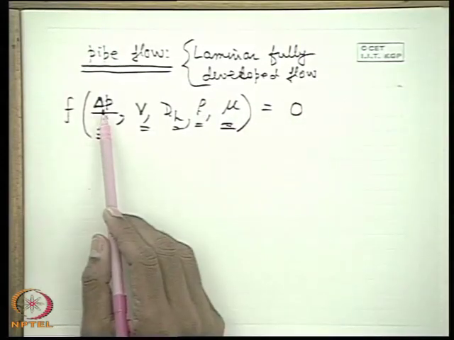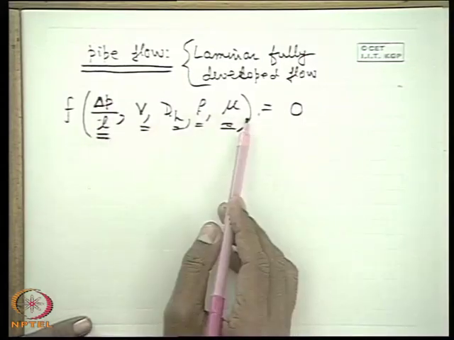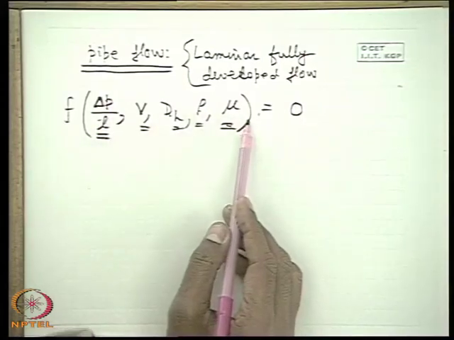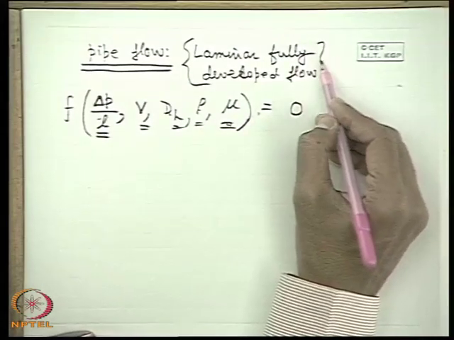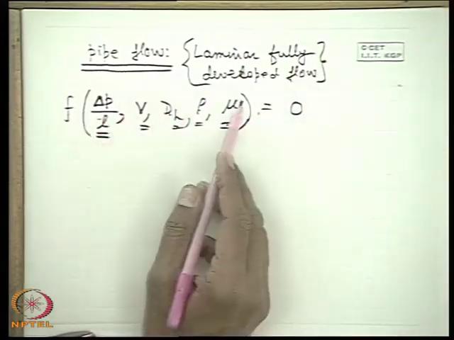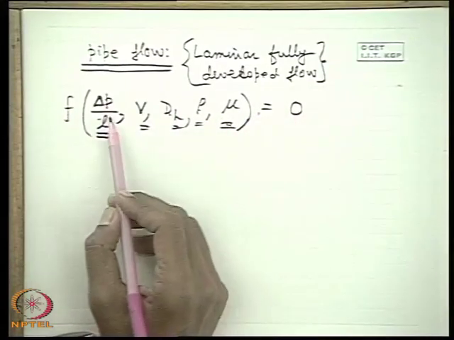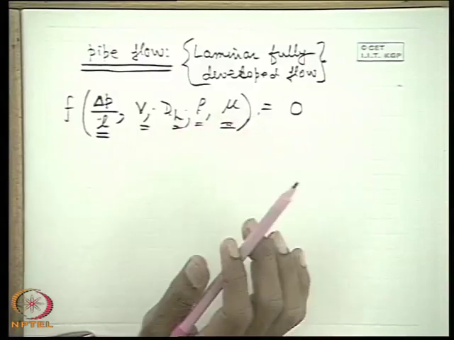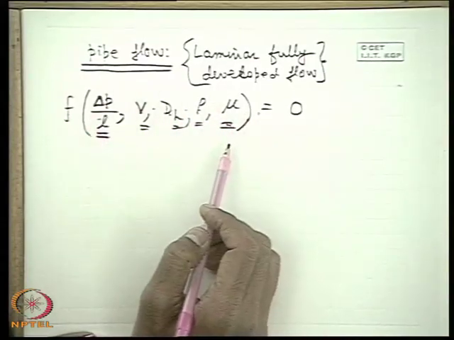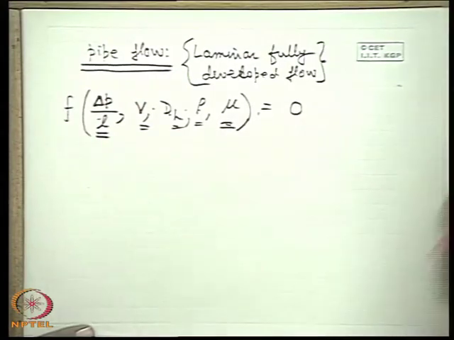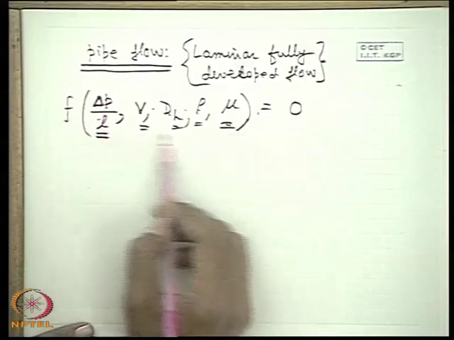But what is the explicit form of the functional relationship? That is very difficult to know. Either one has to find it out from experiments, or one has to make a theoretical analysis. Of course, for laminar flow, the theoretical analysis comes from an exact solution, and one knows the Hagen-Poiseuille equation which exactly defines the relationship between these parameters. But in turbulent flow, one cannot do theory so easily. Turbulence models have to be employed, and they are dependent on experiment, so that one can find out from experiment what the functional relationship is.